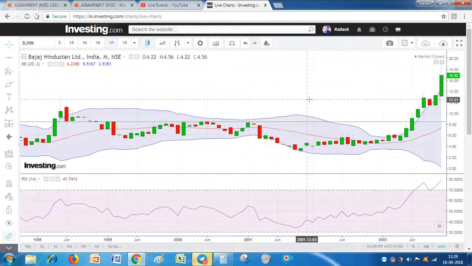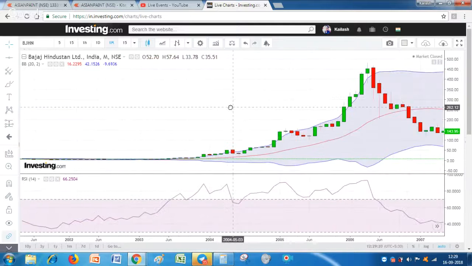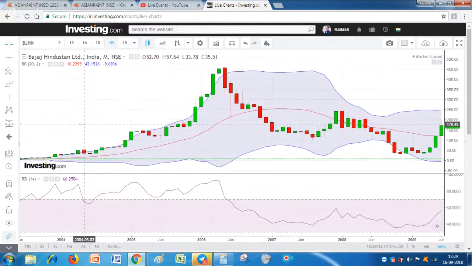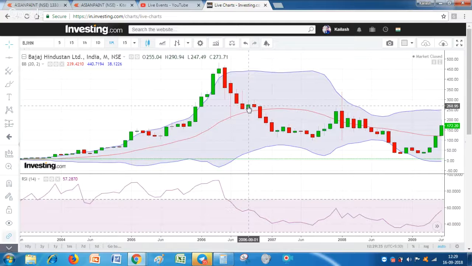Try to study the market, try to analyze, try to study charts, and try to understand the movements of stocks. Friends, if you make a habit of looking at charts, you can understand various things. Just look at this level, how the stock was behaving once it made it to this side. These candles are indicating, friends, that now it is going down. All the candles are red on the monthly chart. There is one green candle, but it could not even break the previous candle high.